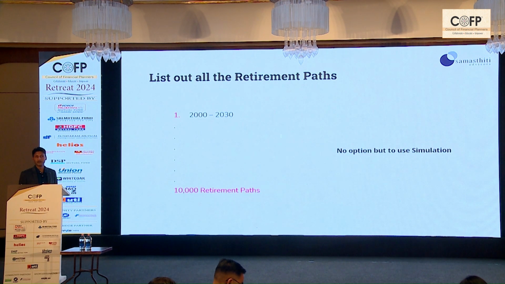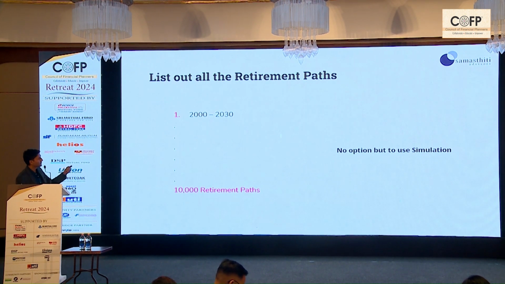But this is a huge problem. We started with around 40, 50 years of data, which itself is a problem. Now we are truncating that data to only about 20 years of data, which is an even bigger problem because now you don't have even one single 30-year period to analyze, right? We don't have even one such retirement path for analyzing. So we don't have an option but to use simulation. Bengen could get away without using simulation because he could carve out multiple retirement paths from his historical data. We unfortunately don't have that liberty.